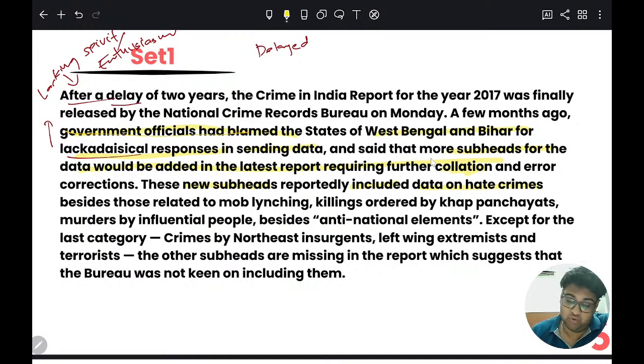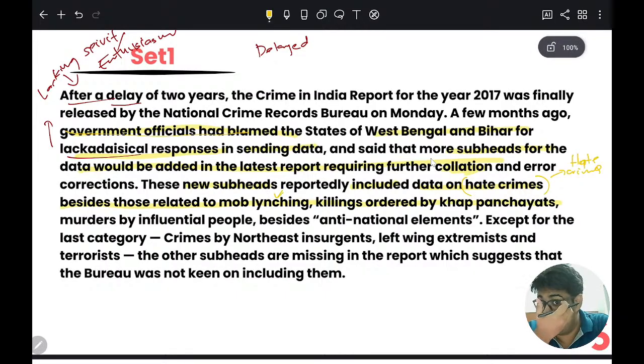data on hate crimes. What will it include? Data on hate crimes besides those related to mob lynching, killings, and others ordered by Khap Panchayat. See now, what they are adding is hate crimes. They are adding hate crimes. Hate crimes means the crimes that are committed due to hate, particularly caste based, and there have been a lot of examples of hate crimes besides those related to mob lynching, in addition to mob lynching